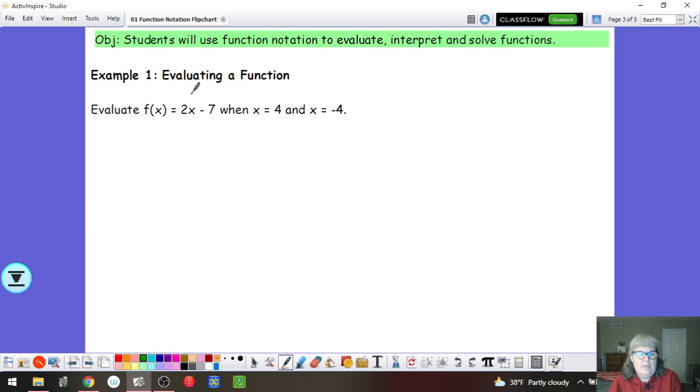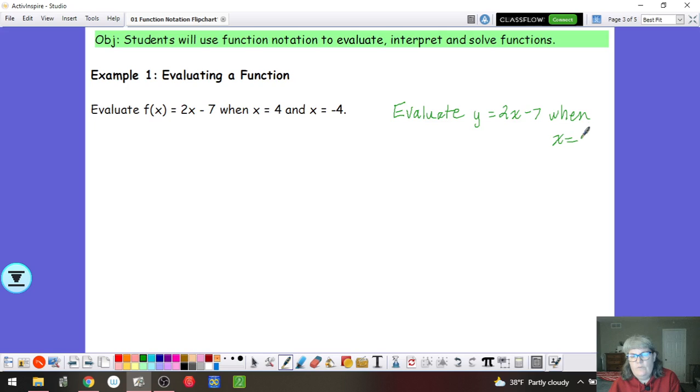So when we have something like evaluate f of x equals 2x minus 7 when x equals 4 and x equals -4, this is actually asking us to evaluate it for 2 different values of x. So we're going to come up with 2 different values when we evaluate. So if I start with f of x equals 2x minus 7 when x equals 4, think of it as you're being asked to evaluate y equals 2x minus 7 when